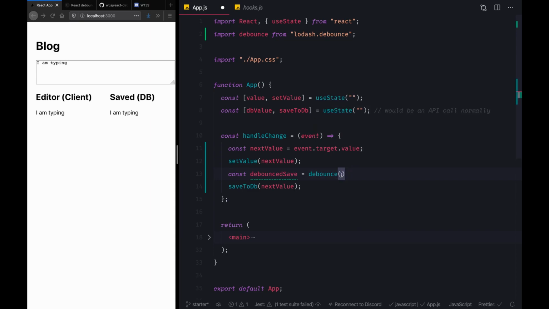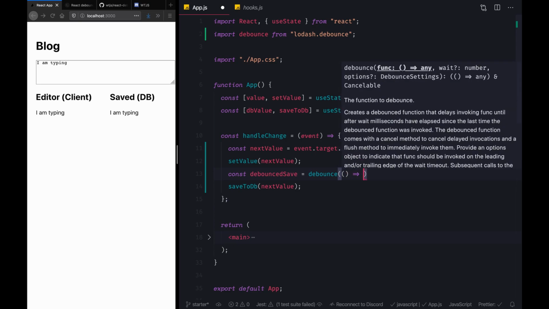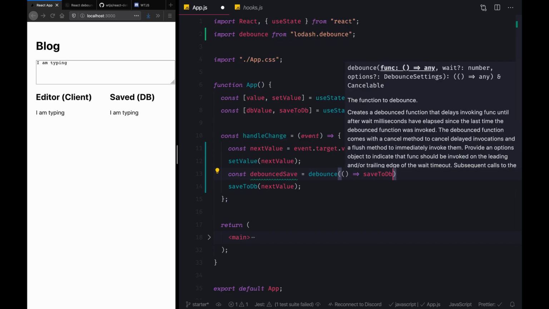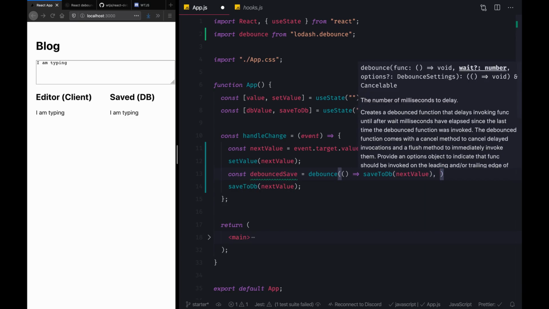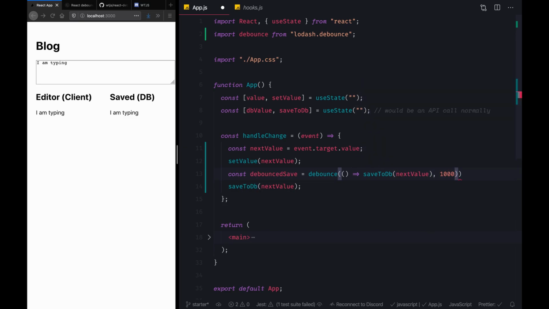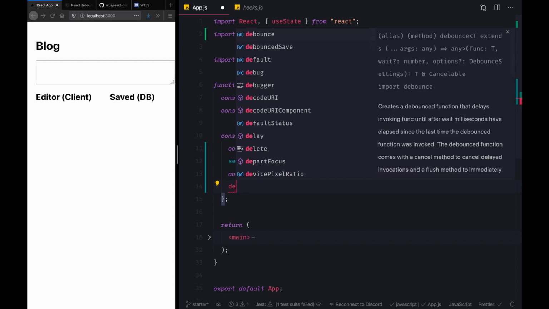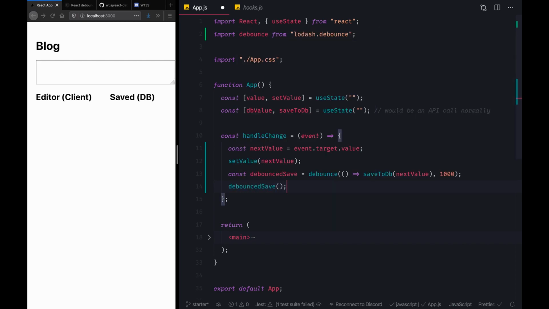And here this function would execute saveToDB for us, and we'll pass the nextValue here. And then over here we can give a delay which is 1000 milliseconds or 1 second, and then we can call this function here. So now you might think that this should work, although it won't.